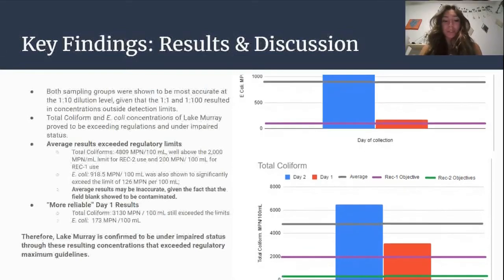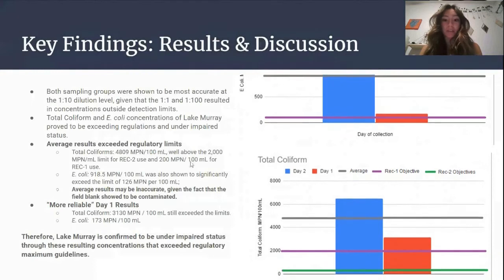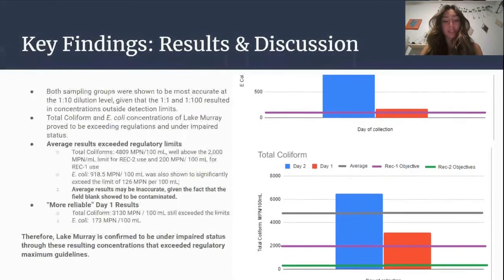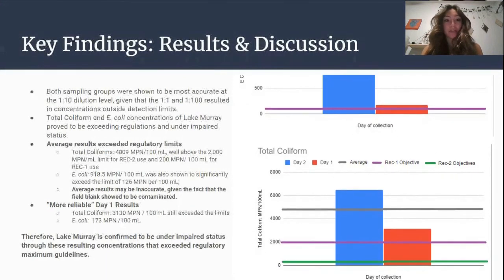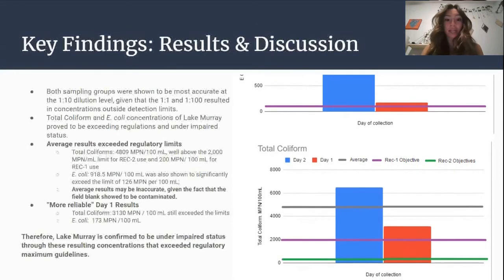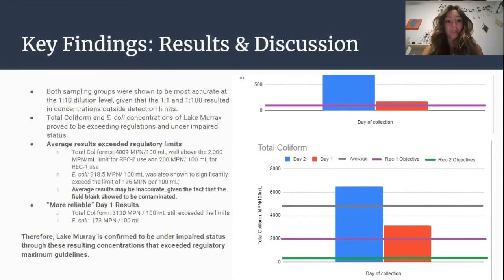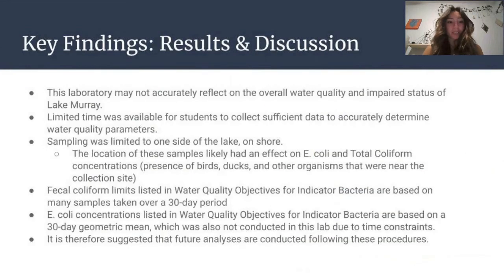However, it is also important to understand that this lab includes limited sampling due to time constraints. It is recommended that more sampling and testing occurs to accurately reflect the water quality at Lake Murray. As stated in the water quality objectives for indicator bacteria, fecal coliform concentrations and total coliform concentrations are based on many samples